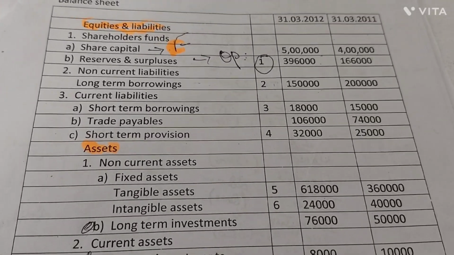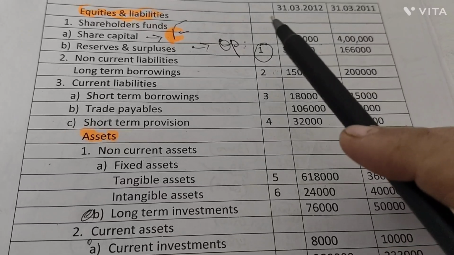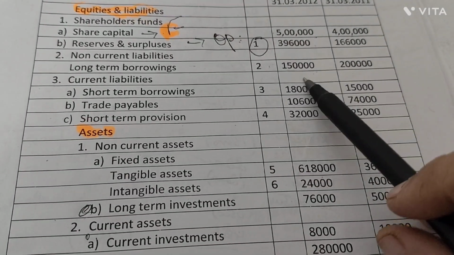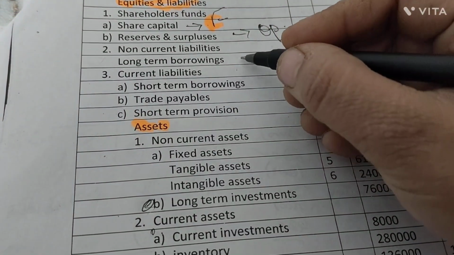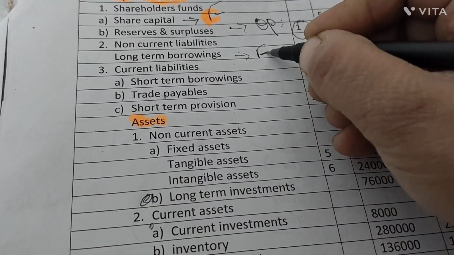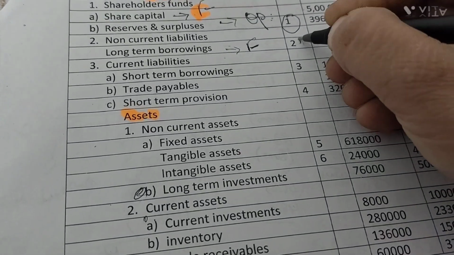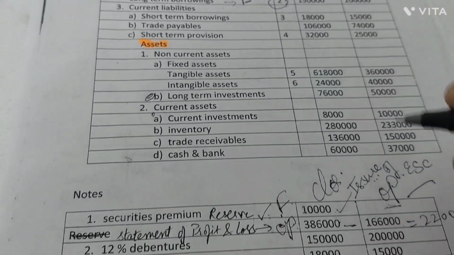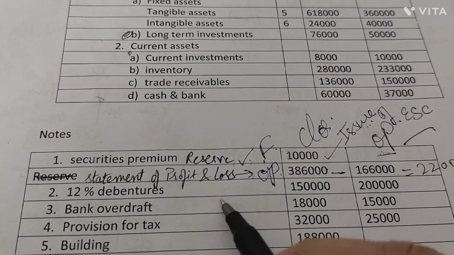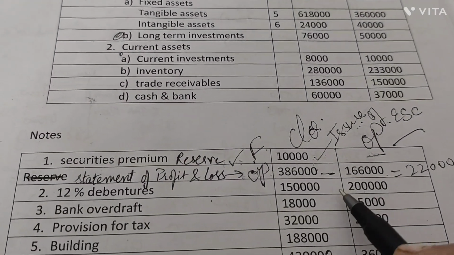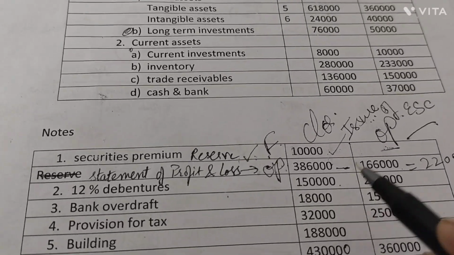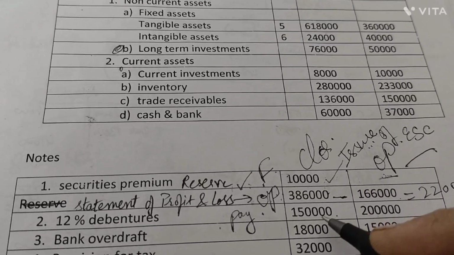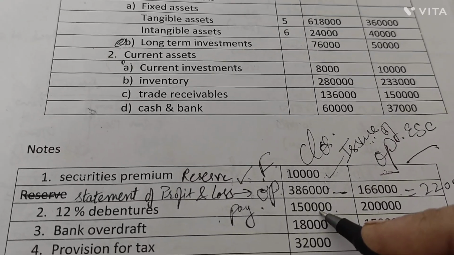Okay, going back to our balance sheet. The next head is non-current liabilities. Under it we have long term borrowings. Whether the long term borrowings have gone down or up, they belong to which activity? That is your financing activity. Now it goes with the note number 2. First of all, we are understanding our balance sheet, so we are going to note number 2. Under note number 2, he has shown debentures with an opening balance of 2 lakh gone down by 1,50,000. It shows the payment of debentures for the financing activities of 50,000 rupees.